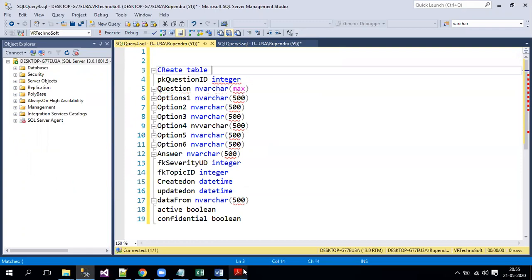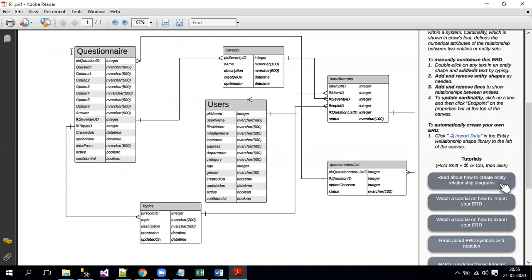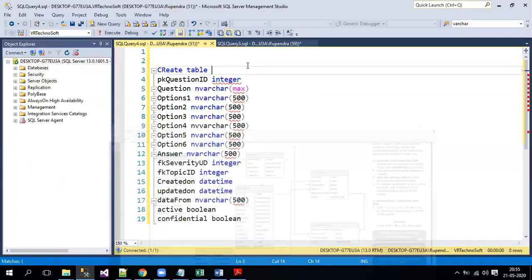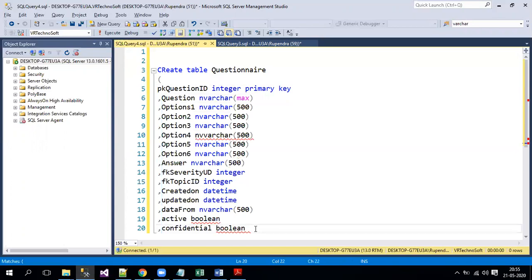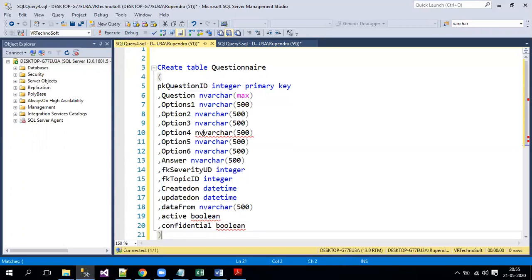I'll just copy that table name over here, and it contains a primary key, first column, questionnaire ID, and on top of these columns, I'll put commas. There are some mistakes over here in the data types, so that's fine. This is bit data type, this is also bit.